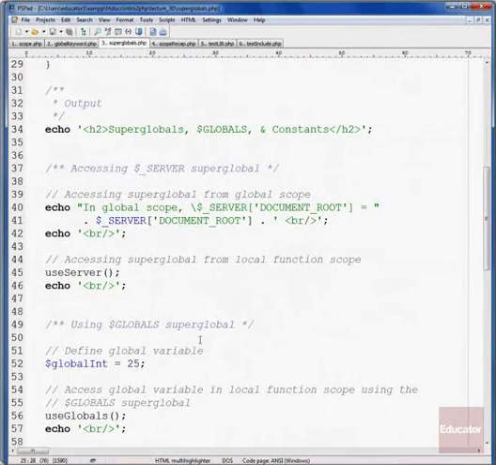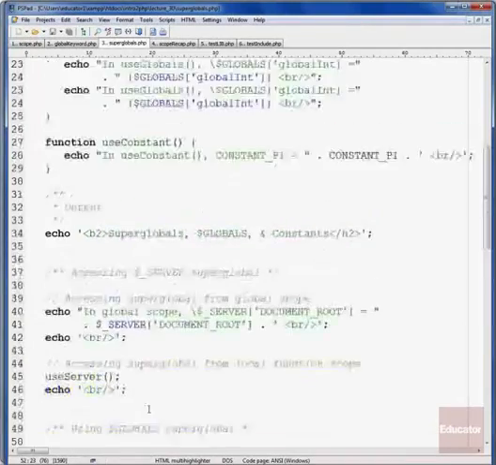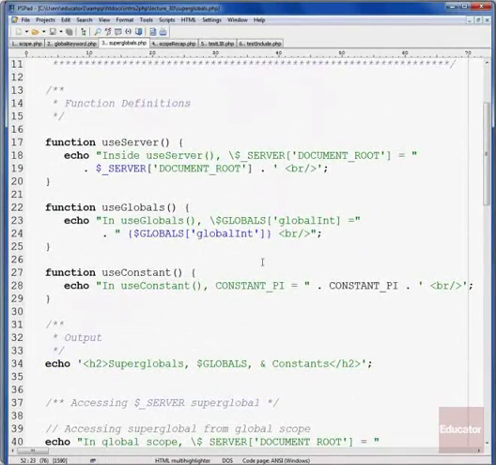The other thing I want to demonstrate is the use of the $GLOBALS superglobal that we had just talked about. So for example, if we define this global variable called globalInt, and we set it equal to 25, and then we call the useGlobals function. If we look up at useGlobals, it's basically trying to output the value of that globalInt variable. Now normally you'd have to declare the variable within the function using the global keyword. However, because all global variables are available within the $GLOBALS superarray, we can actually get access to it. And the way you do that is